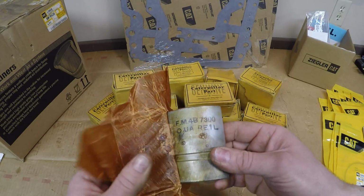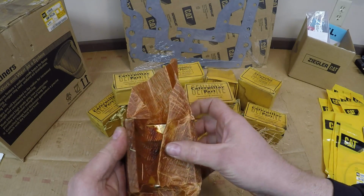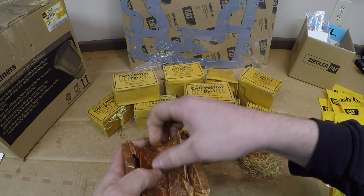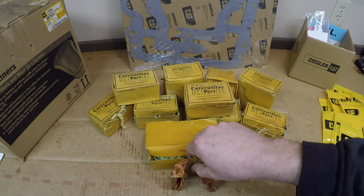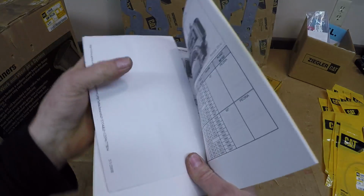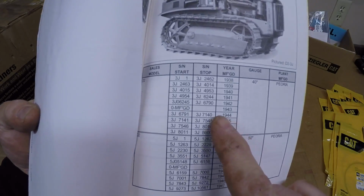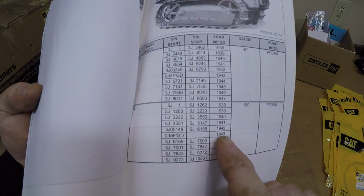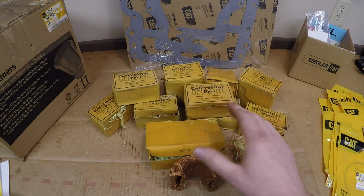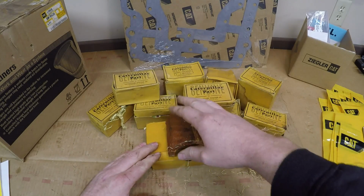Now, if this is really made in 43, that's even more spectacular. That was height of World War II war production. We were churning out pretty much machines only for war at that point. Another interesting thing to note, we'll get this book out here. In 1943, we'll look at both the 3J and 5J. 1943, 0 D2s manufactured, both 3J and 5J. So if this indeed was all 1943 production, this is probably the closest I'll ever get to having a 1943 D2, since